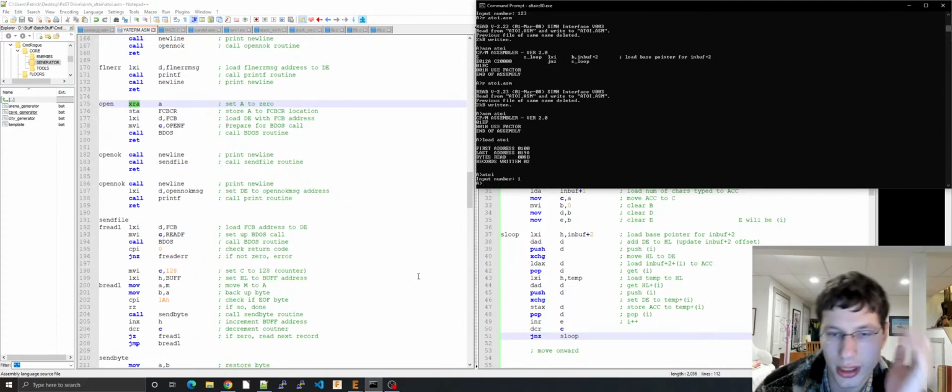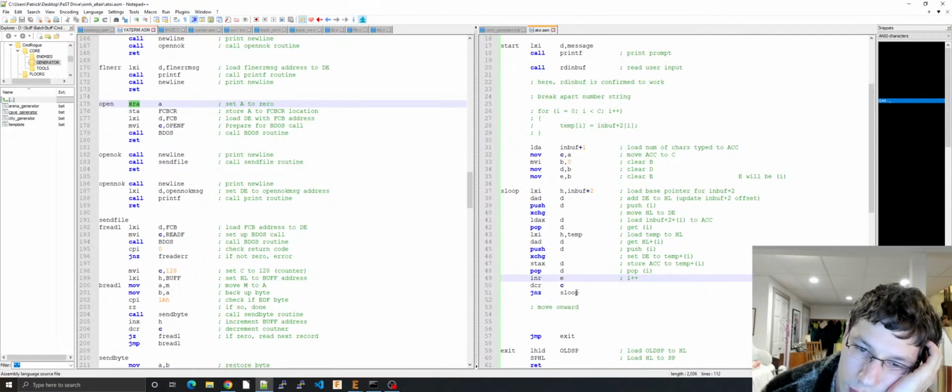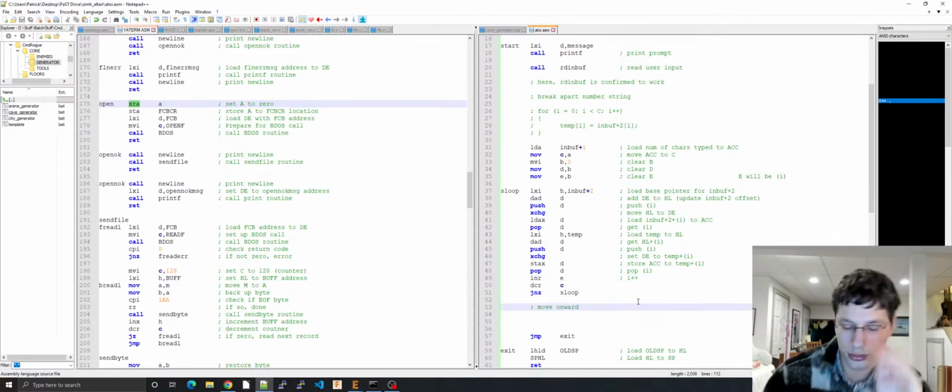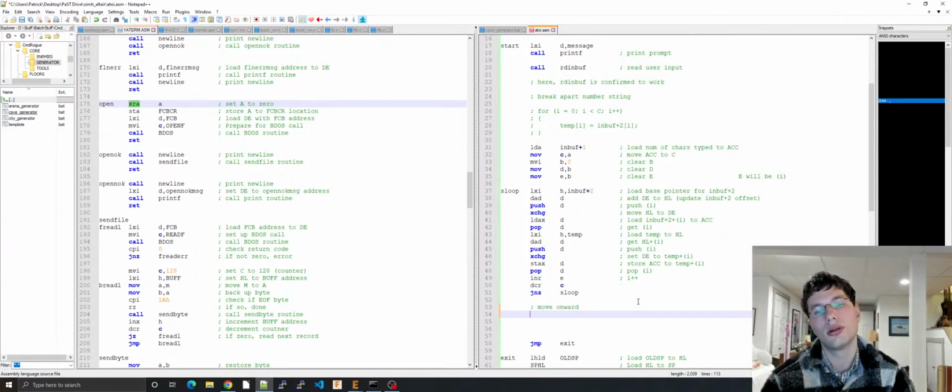Cool. Okay. So let's see if this works. Load temp, get number,